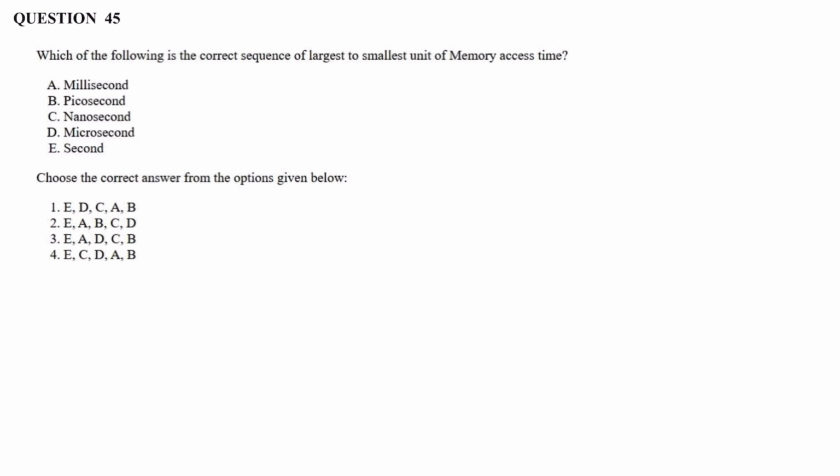Next question. Which of the following is correct sequence of largest to smallest unit of memory access time? Here millisecond is 10 power minus 3. Picosecond is 10 power minus 12. Nanosecond is 10 power minus 9. Microsecond is 10 power minus 6. And second is unit of time. Largest unit of time. Therefore, correct sequence here is